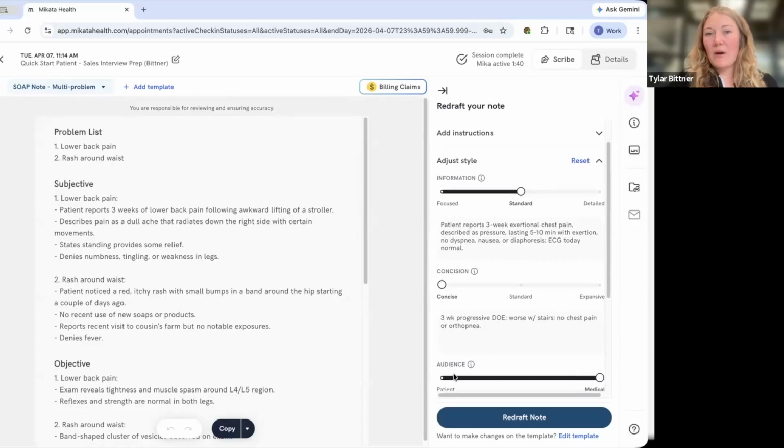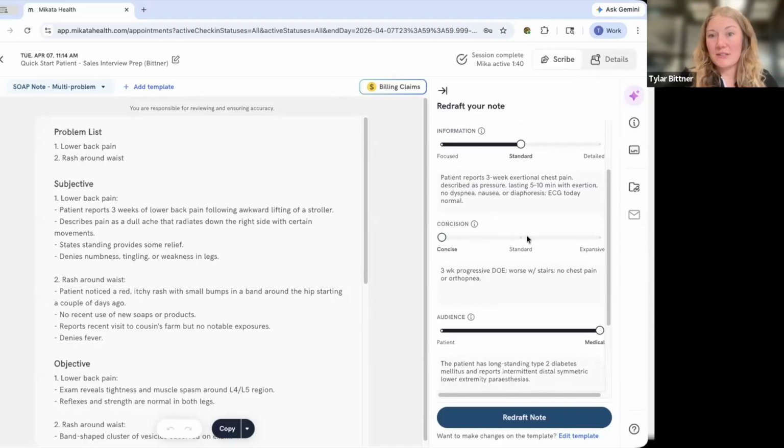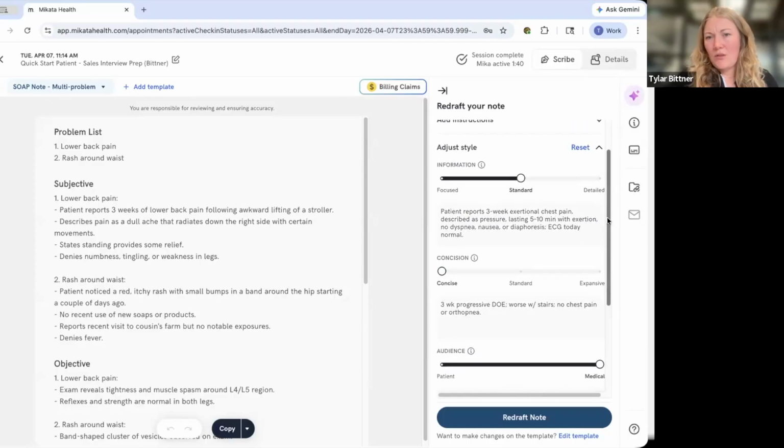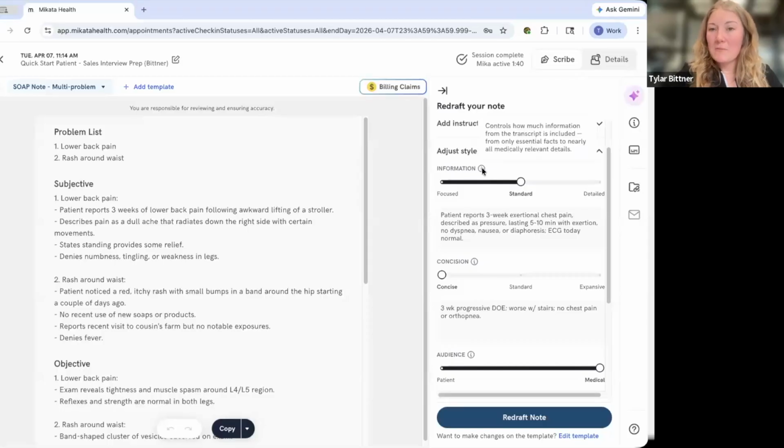We now have 4 different criteria where we can go in and select the threshold of how we want the note to be created based on these 4 standards. The first one is information. What you can do is hover over each of these criteria and get a little pop-up to explain it further.